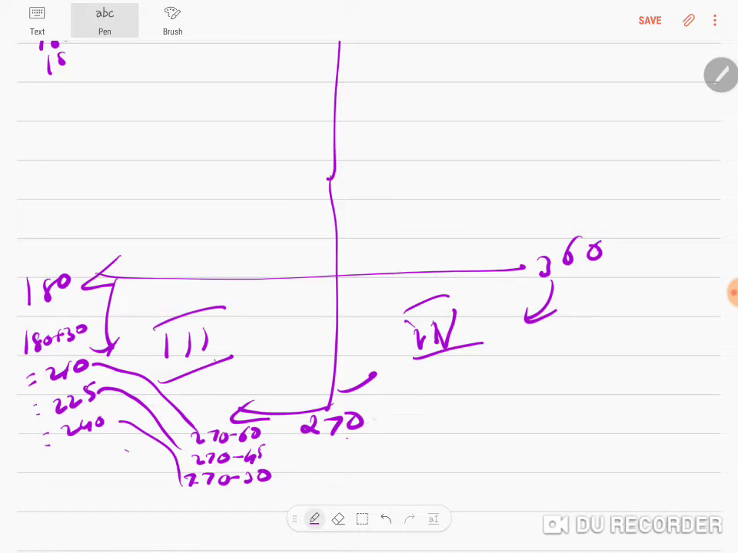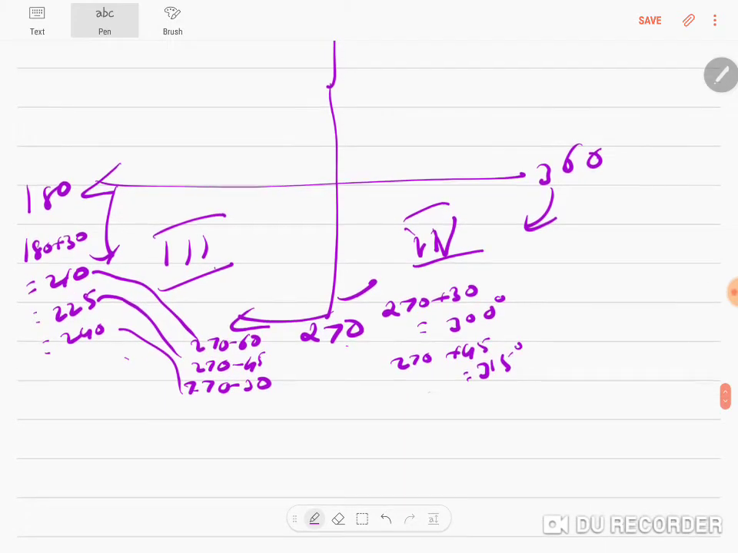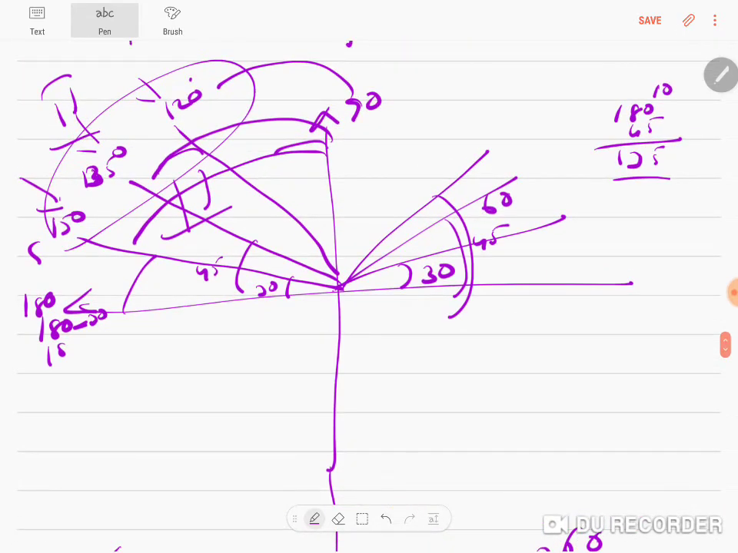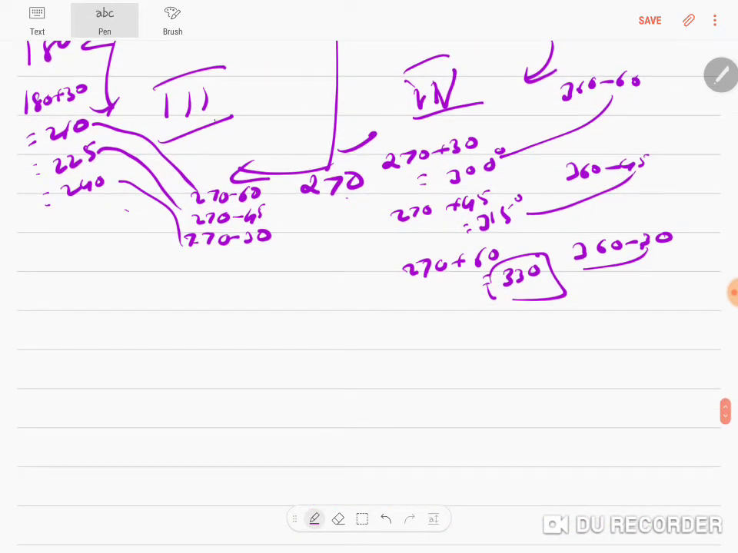Correct? Say 270 plus 30 is 300°. 270 plus 45 is 315°. 270 plus 60 is 330°. 360 minus 60 will also be 300. 360 minus 45 will be 315. 360 minus 30 will be 330. So if anybody asks you for an example of the first, second or third quadrant, you can readily think of